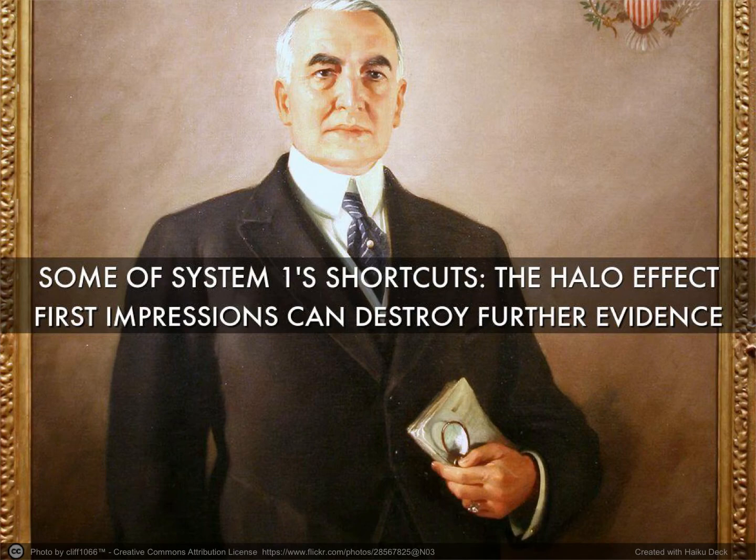This is Warren G. Harding, one of the worst presidents we've ever had in the U.S. And he's up here because he represents the halo effect. So some of the dangers of over-reliance on System 1 are that you pass a snap judgment on somebody, and then just because they wowed you with how they look and maybe their on-fleek eyebrows and their strong jawline, you think they're an effective leader, and all the future evidence will have to go against your very strong initial impulse.